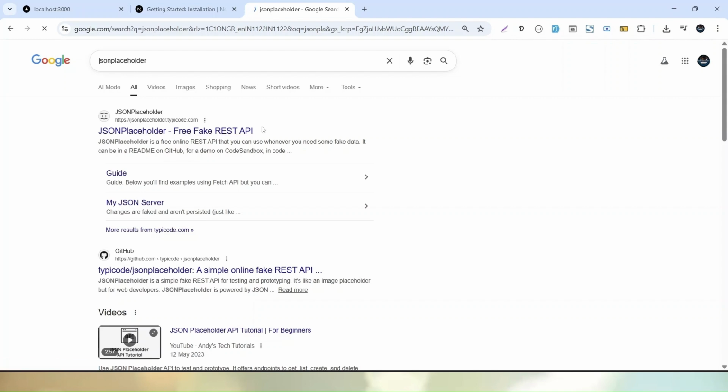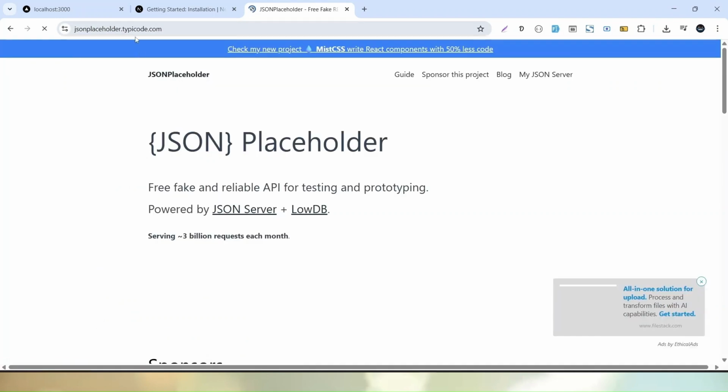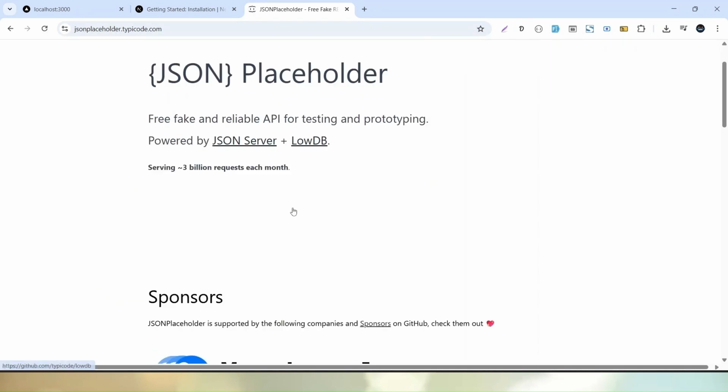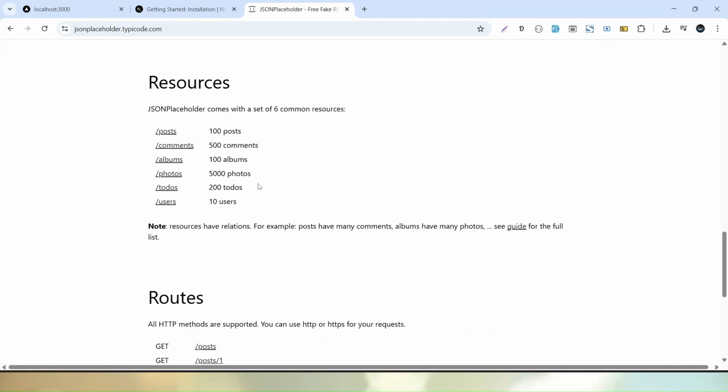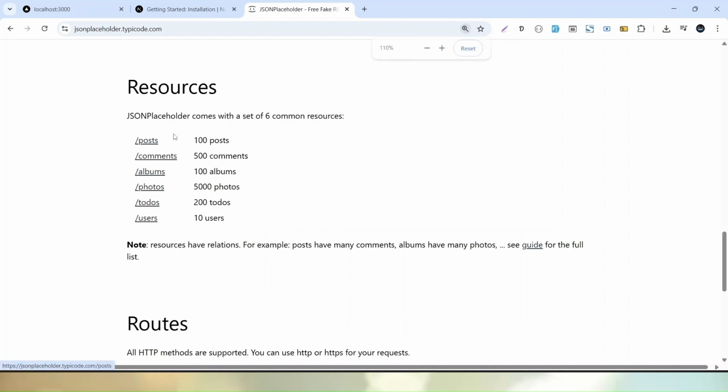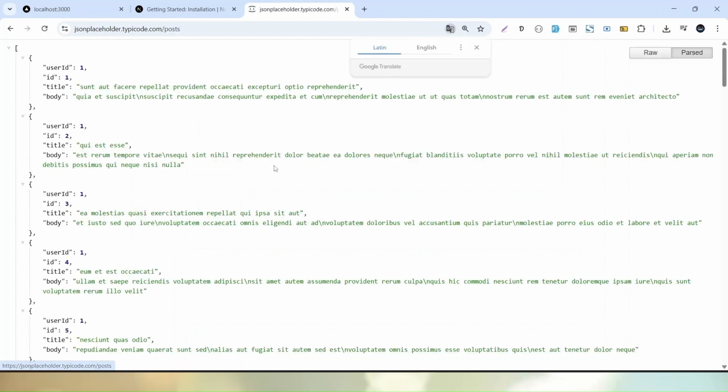So let's open it. The URL will be jsonplaceholder.typicode.com. Now inside here, if I scroll, they provide some dummy API endpoints. And here we can see /posts, /comments, /albums, /photos, /todos, and /users. So we can use any of the API endpoints to learn how to make an API call from a Next.js application. So for example, if I go with posts, simply click on this endpoint, and now you